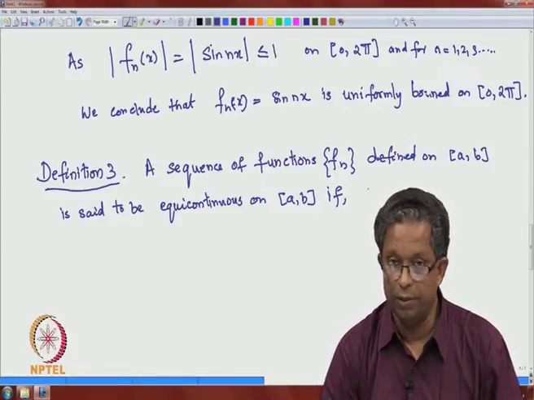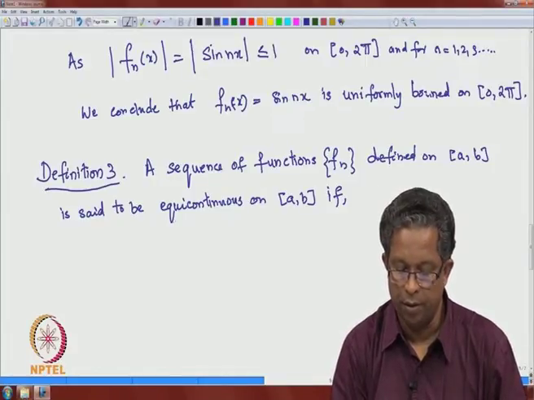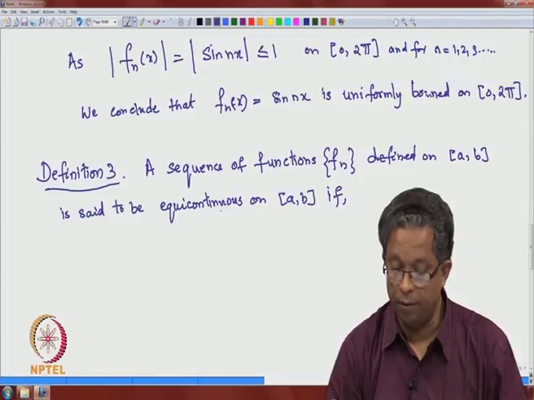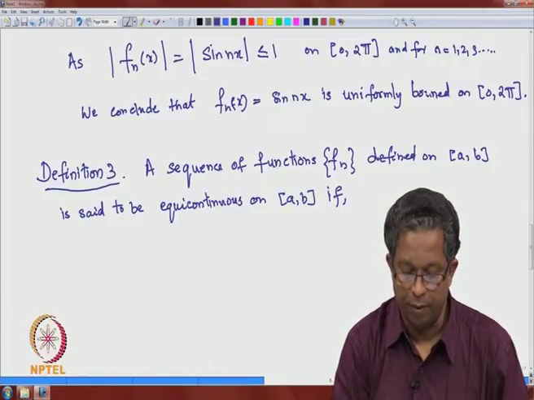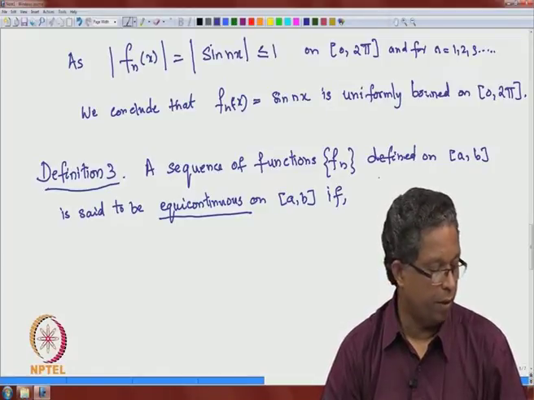A sequence of functions Fn defined on an interval AB is said to be equicontinuous on the interval AB if for every epsilon